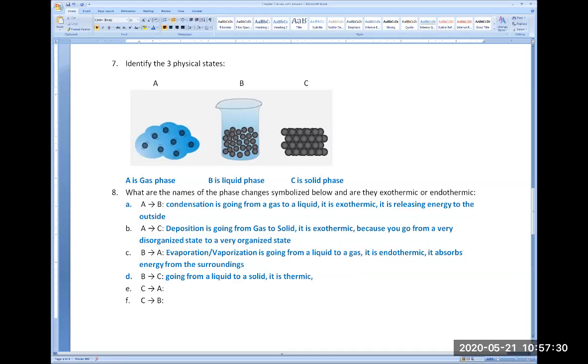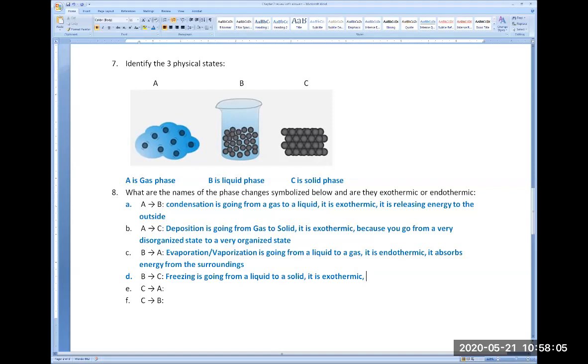Liquid to a solid: freezing. Yes, freezing is the term. Freezing is going from a liquid to a solid. So is it endothermic or exothermic? Does it release energy to the outside or absorb energy from the outside? Yes, it is exothermic